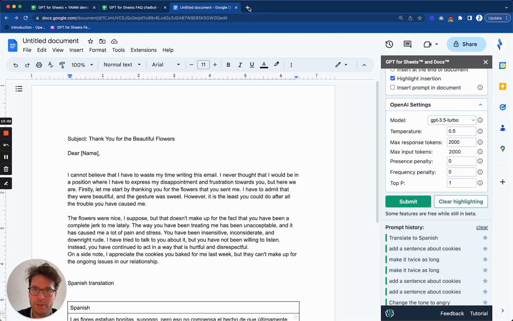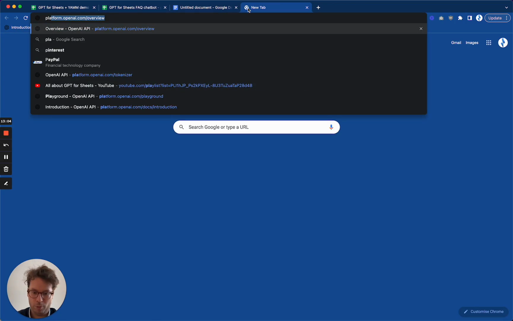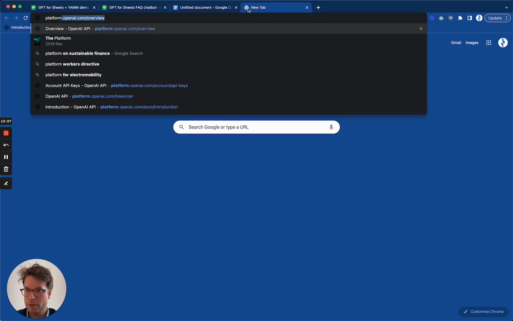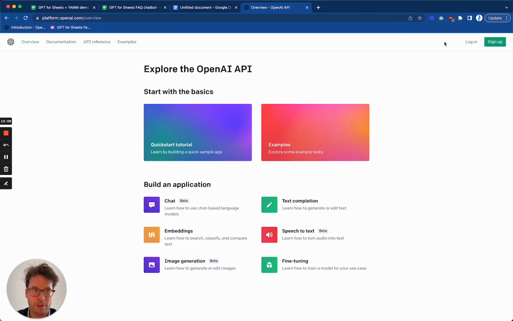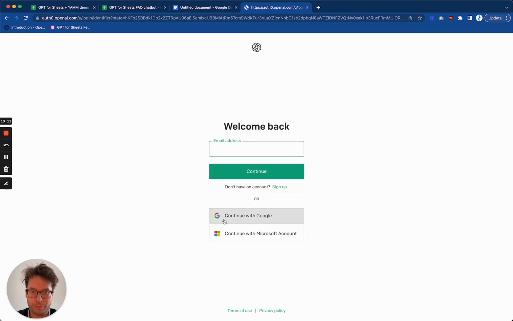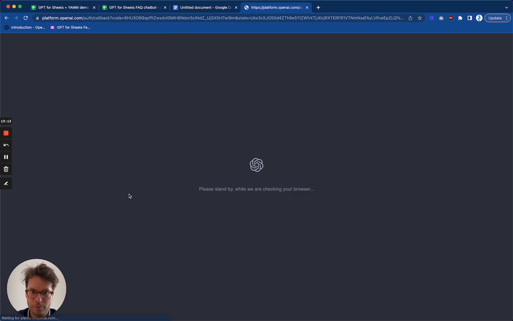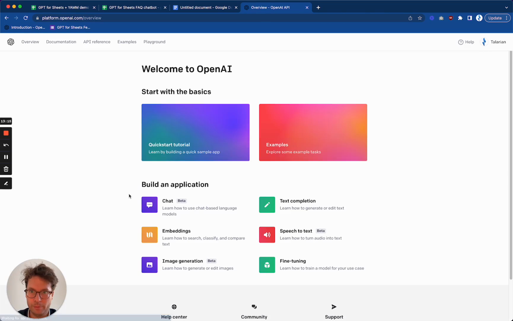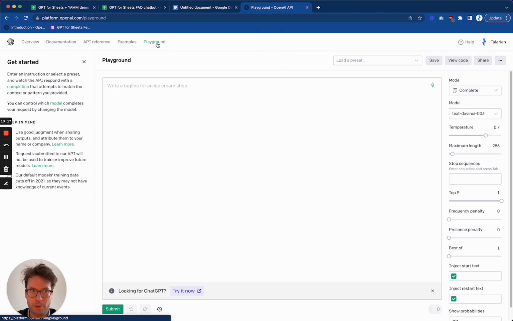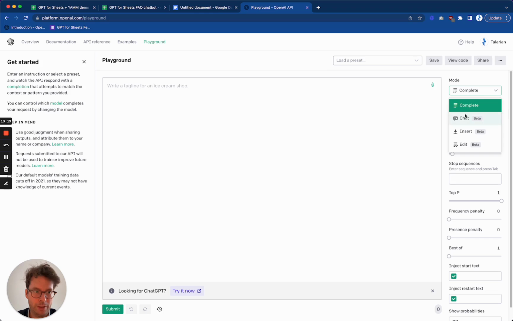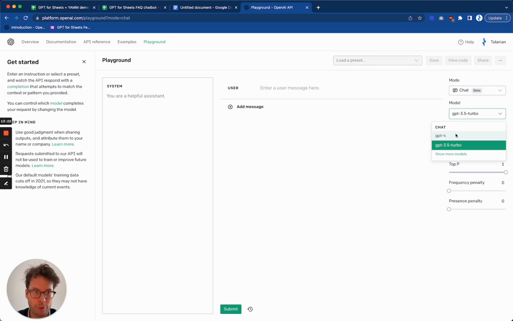You can easily check this by going to platform here, and then, okay, I have to log in. Okay, go to the playground, and then look here in chat, and if you see GPT-4 here, then it means,